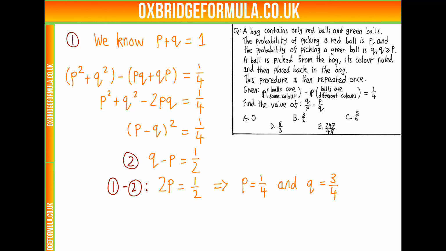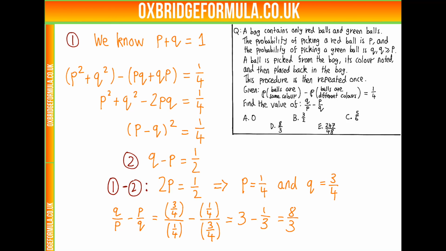So P's a quarter, Q's 3/4, and we're asked to figure out this. So let's just put the numbers in. 3 over 4 over 1 over 4, minus 1 over 4 over 3 over 4. Multiplying everything, numerator and denominator, by 4, we get 3 minus a third. And then 3 minus a third is 8 over 3, and this matches with option D in our multiple choice, and so our answer is